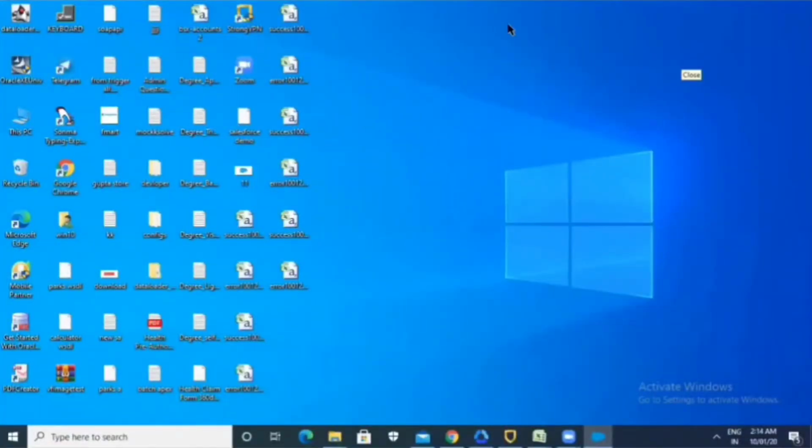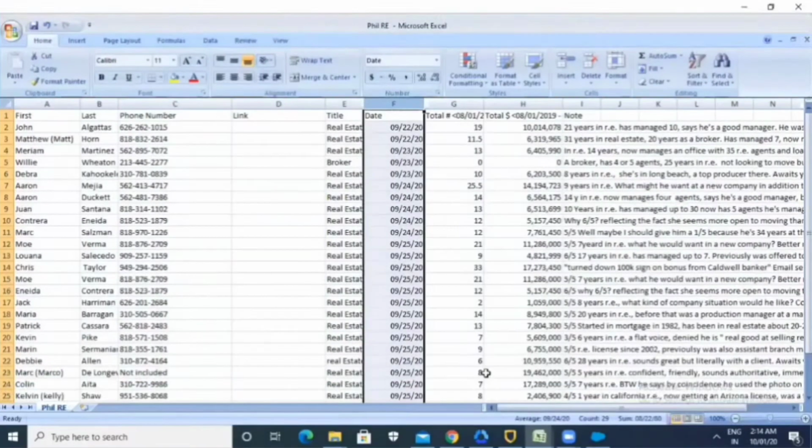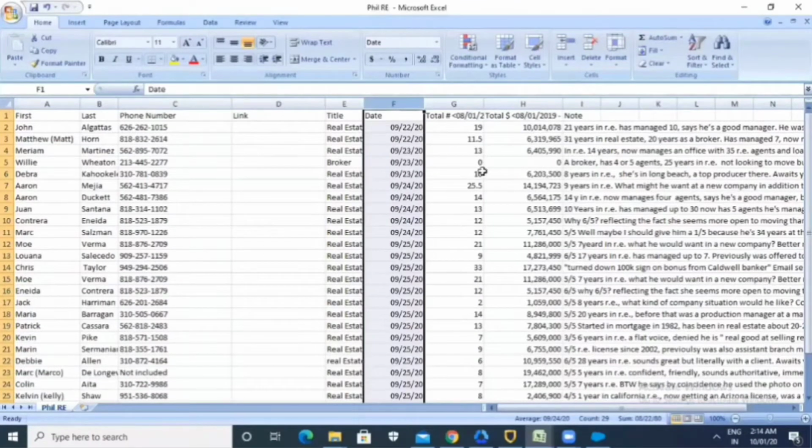Hello everyone. Now I'm going to share data from Data Loader to our Salesforce org. Firstly, we need a CSV file. Here is the CSV file where the data is, and this is the data. Now I am going to insert this data to our Salesforce org from Data Loader.